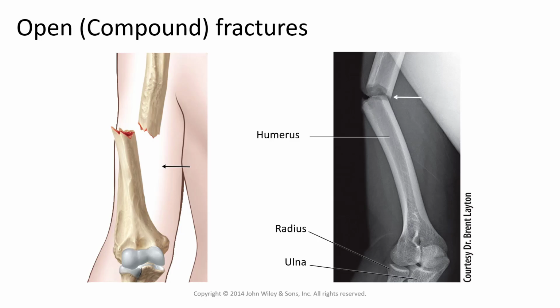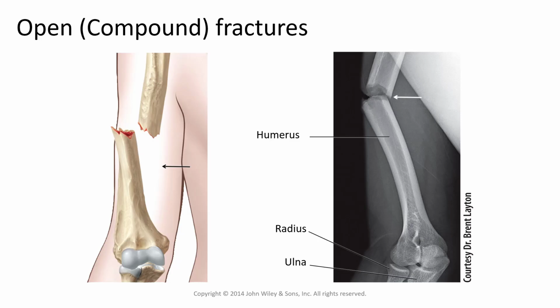Within the diagram, you can see that the bone has fractured and the distal portion of the humerus has broken through the skin. The X-ray image is demonstrating the same injury. If you look closely, you can see that the fracture has caused a puncture in the skin right near the site of the fracture, opposite to where that white arrow is pointing. These fracture types also come with a risk of infection, as the skin can no longer protect the bone and